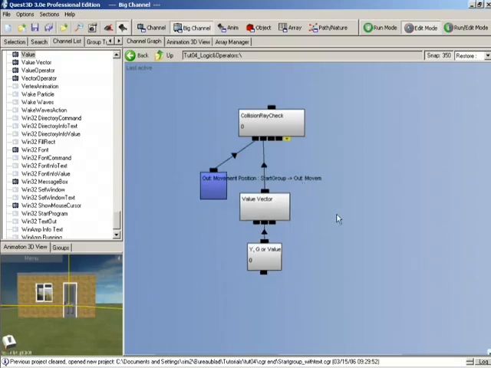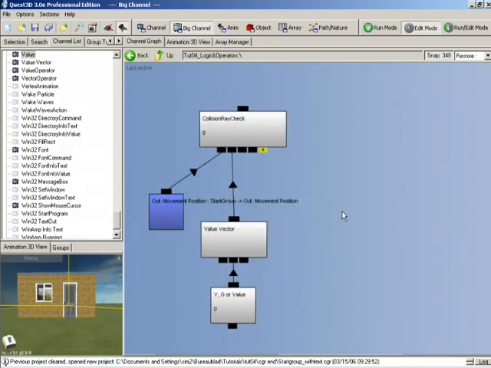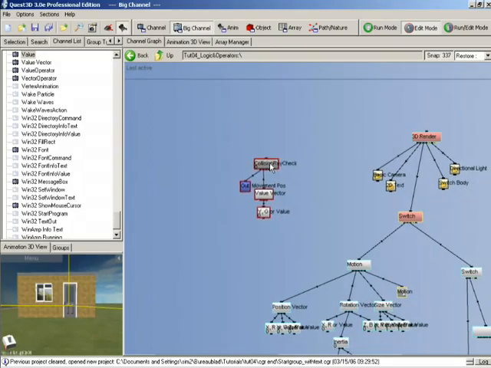Now the next thing we need to do is specify what we want the ray to be colliding with. So in this case it's our house inner objects. We want to see if our ray has collided with the floor of our house. So let's now go to the dual channel view,